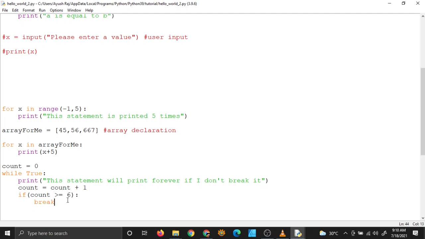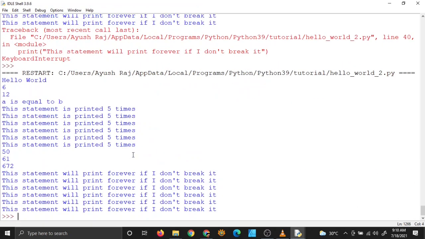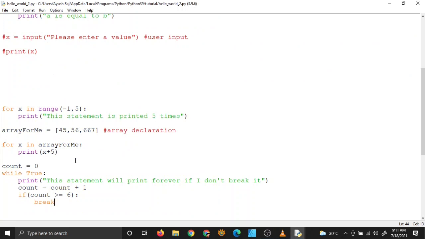And how will I count how many times it has run? I am counting it here, right? Count is equal to count plus 1. The count variable will increase by 1 every loop, every time. So that's how I will be able to count how many times my loop has run. So run module, and yeah, it ran 1, 2, 3, 4, 5, 6 times. 6 times, right? So that's how you can run a while loop a particular number of times.